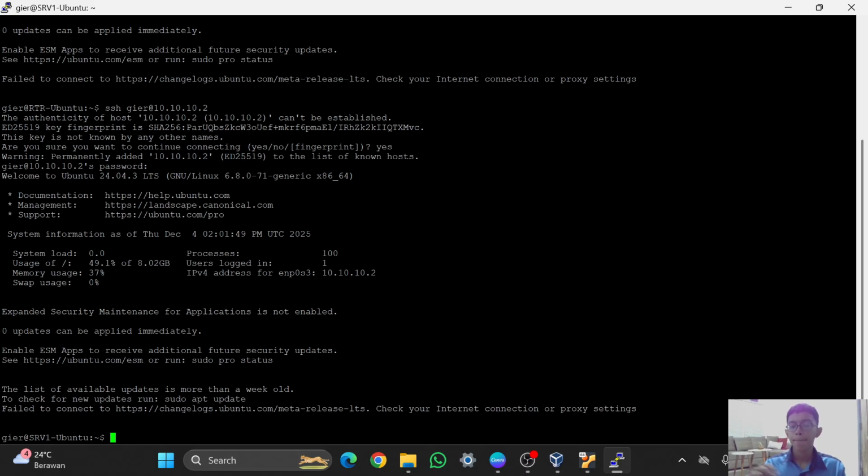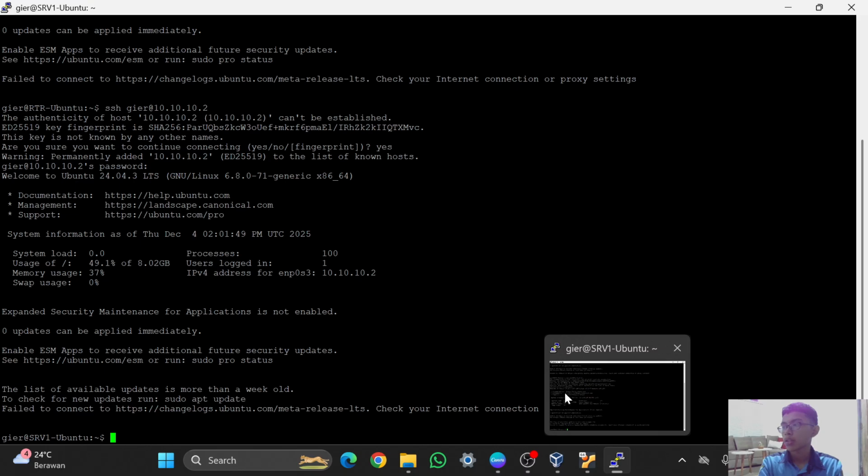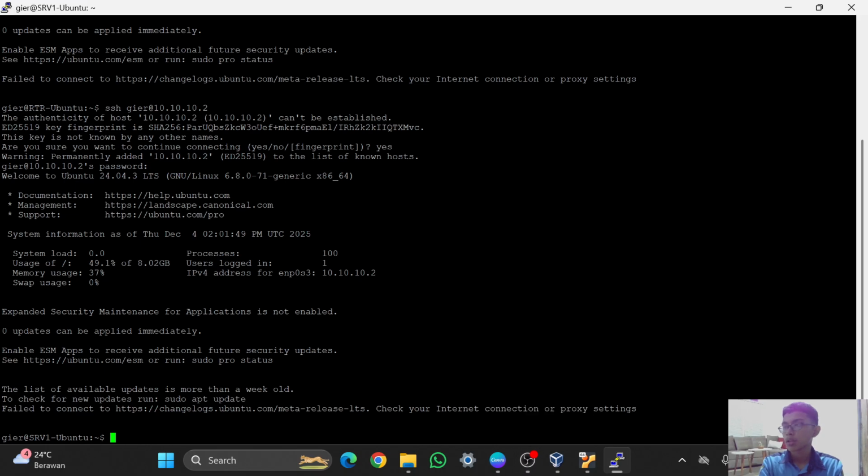And I will try to remote server 2, and it should work because server 1 is already connected from the router using the same network and using the router. I will try using it again.